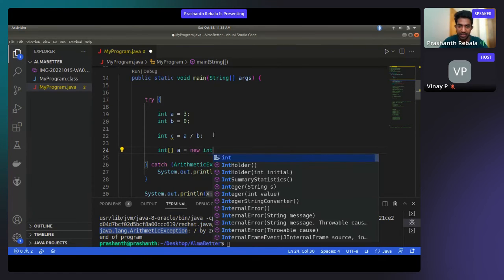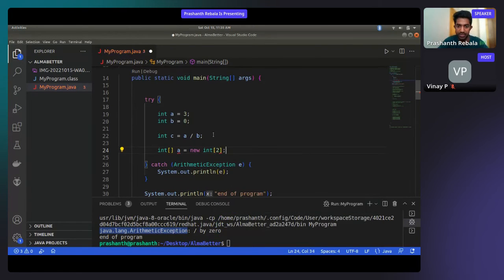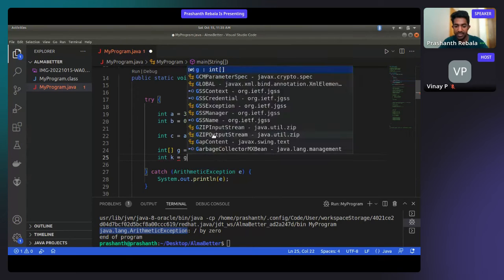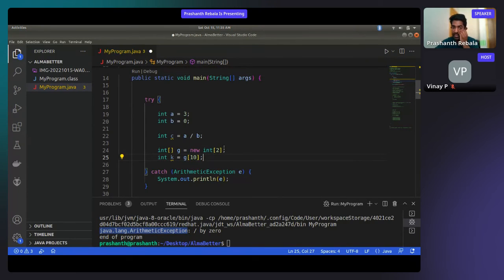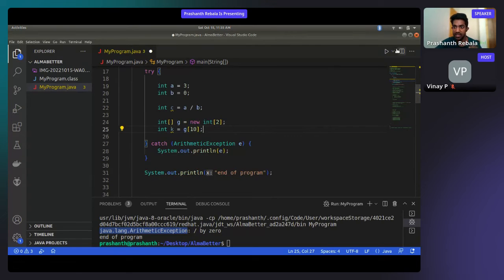Int a is equal to new int, and 2, we already have an a g. I'm trying to access int k is equal to g of 10. What am I doing here? I have an array of size 2, and I'm giving the 10th value of this array to k. Okay, so if I run this,